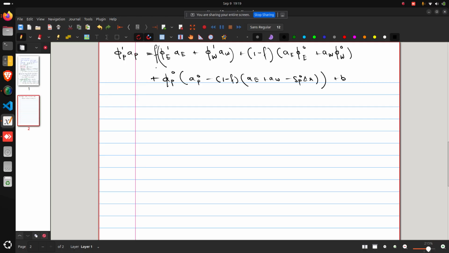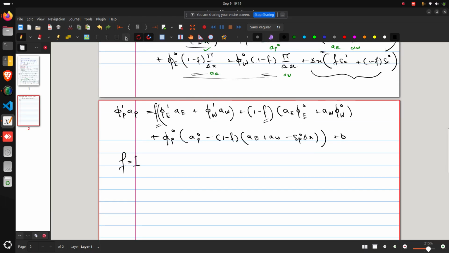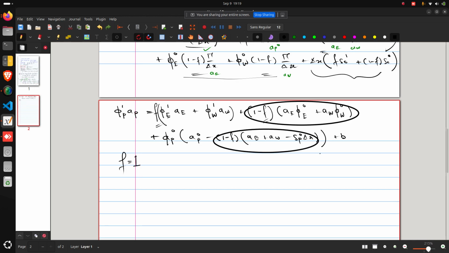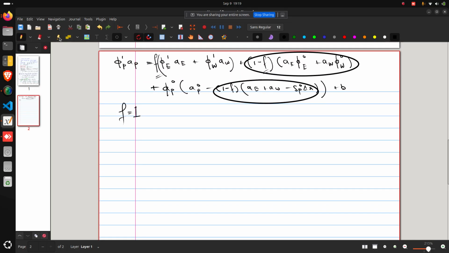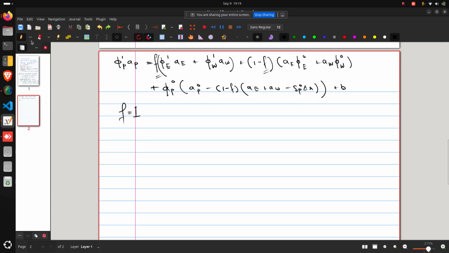We can see that for different values of f we will get different schemes, right? So if the value of f is 1, we'll see this term totally vanishes, right? This term and this term totally vanish. So what are we left with? We will be left with phi p1 ap ae